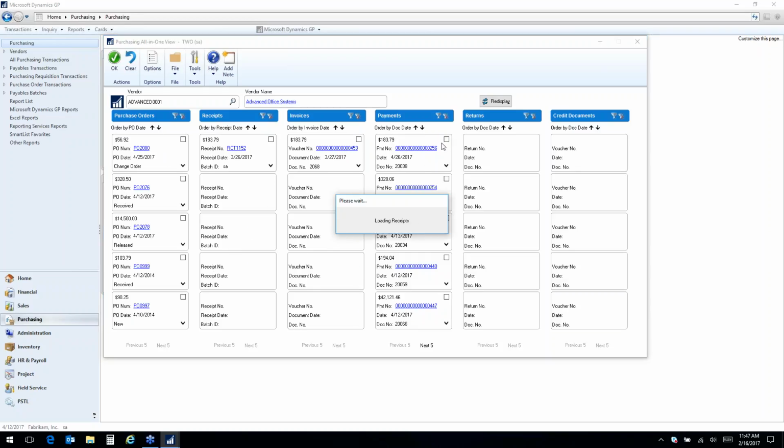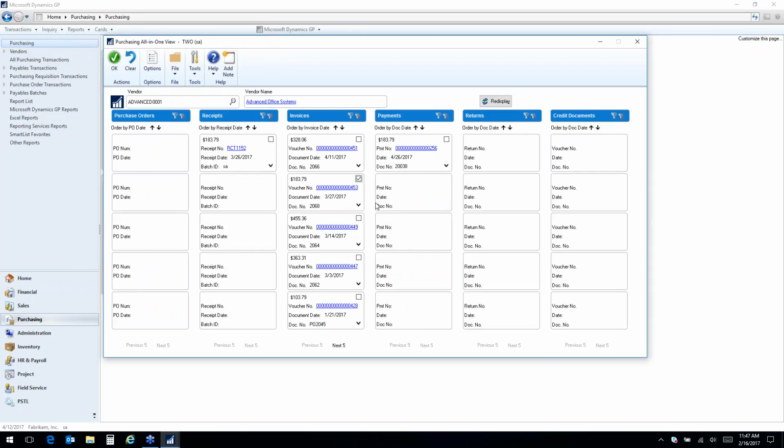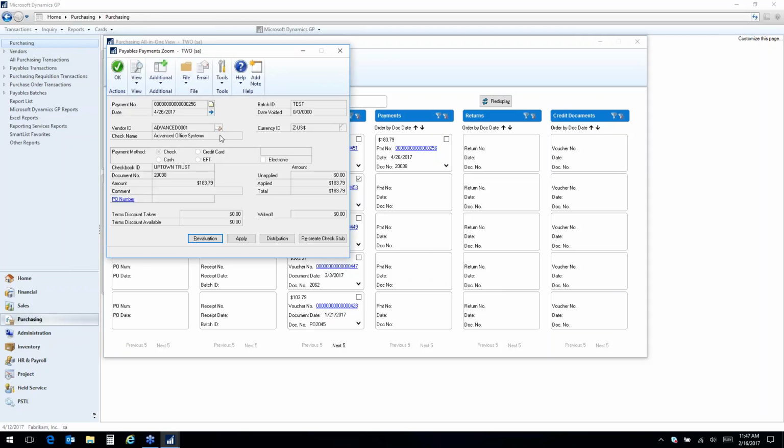And so now maybe I don't know the payment. Maybe I just know the invoice. I say, well, this invoice, I want to see, has it been paid? So I tick that. Oh, yes, well, right here, it's been paid on this particular date, and there's my check number 2038. And of course, if I want to drill on that payment, I can drill back into the software,